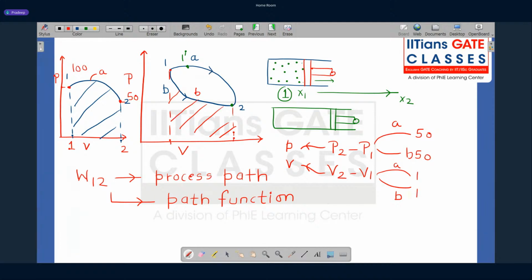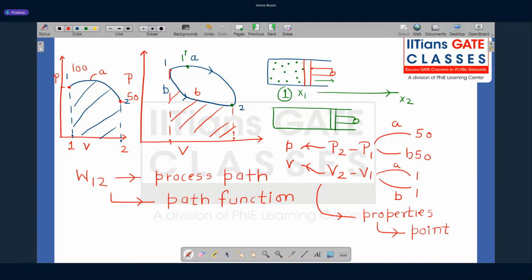What does it indicate? It indicates that the properties of the systems are basically point functions. When I talk about a point function, what does it mean? When you want to evaluate the property change, it depends only on the end state. It doesn't depend on the process path. So that's why properties are point functions and work transfer is a path function, because for different processes we get